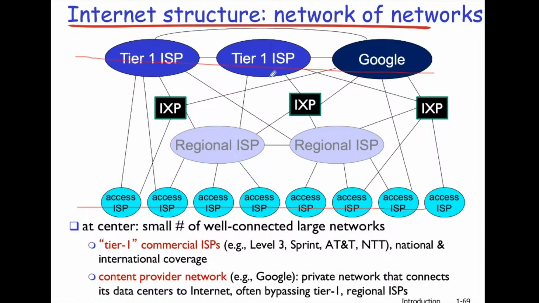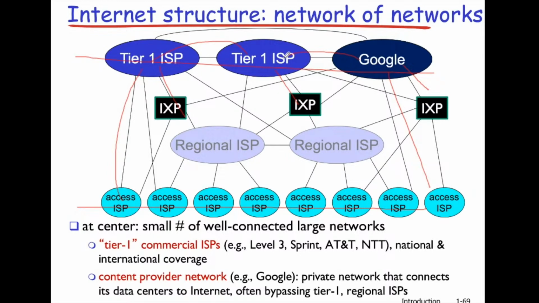So at the center, we have Tier 1 ISP and content provider network. Tier 1 ISPs interconnect to each other through peering links, and they also connect to the IXPs. Content provider networks are somewhat different. They connect to the local access ISPs and IXPs. All right. But keep in mind, this is not exactly absolute. Some Tier 1 ISPs might also have access ISP connections. Google here, if this Tier 1 ISP offers a fair price, might also establish a connection.